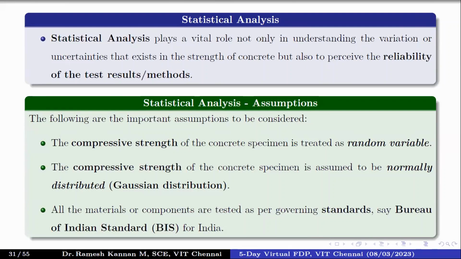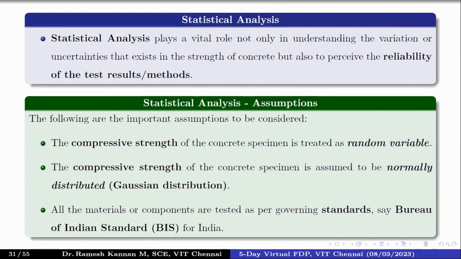Not necessarily the NDT method, but in a general compressive strength test itself, when you make a number of concrete cubes and get them cured, and for 28 days you test them, you will not get the same compressive strength value for all the samples, even though all the samples were manufactured using the same degree of workmanship and the same materials. But you see there's a variability. If you put them in a graph and try to find the distribution, it will always be a Gaussian distribution, the bell curve. We'll talk about that a little later.